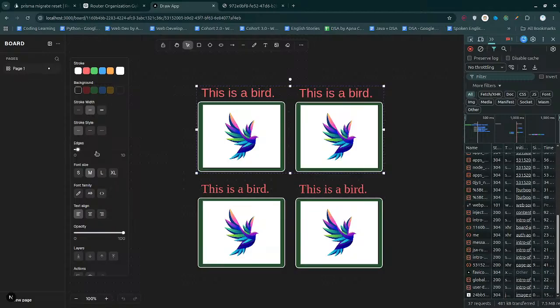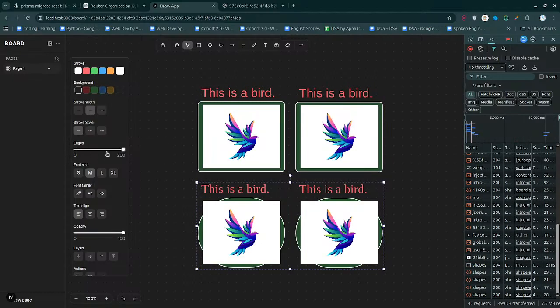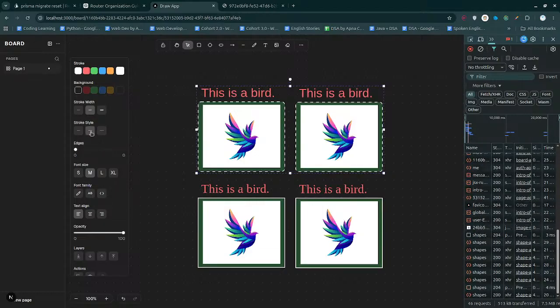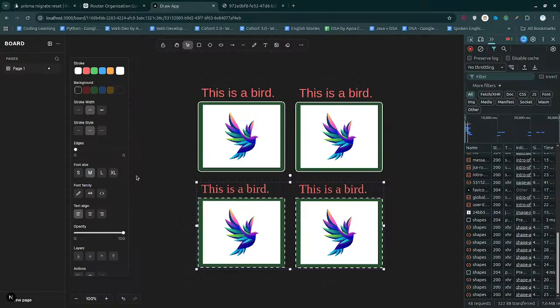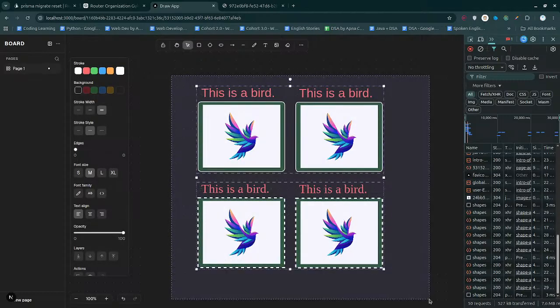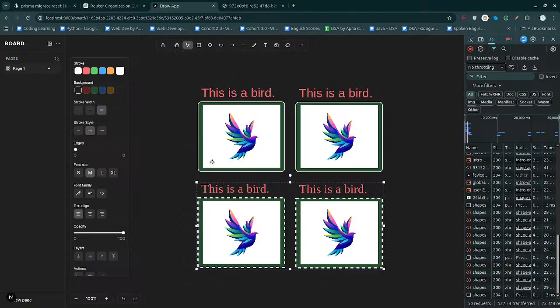And the edges, so let me change the edges of this one. It's gonna be pure rectangle. This one is gonna be a little one. I'm even gonna be changing the style of this one, stroke style, and a bit thicker. Okay, so this is how it's just simply gonna be going on. So ultimately this is what I've done, and the second one is actually nothing but, I mean, both of them